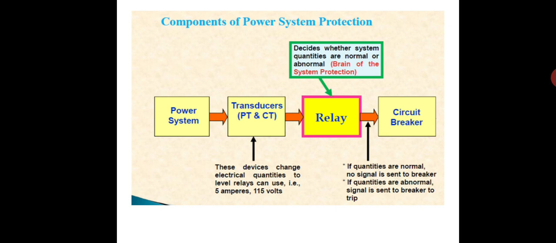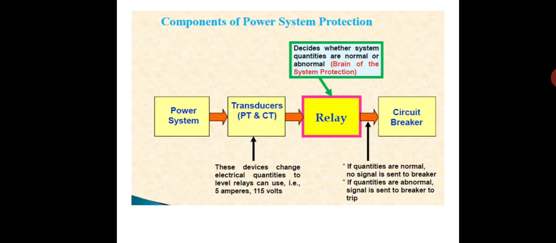The difference is that these are known as instrument transformers because CT and PT, current transformers and voltage transformers, are used to read the voltage as well as the current in the running line, the live line. To read the current of a live line, we make use of current transformers and potential transformers. They are used because these transformers will step down the required quantity.